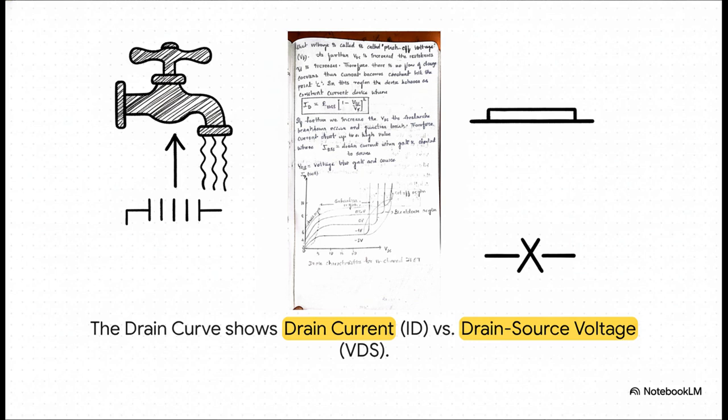On the vertical axis, you've got the drain current. That's our electron flow. On the horizontal axis is the voltage across the device. Each of these different curves represents a different setting for our gate voltage, our faucet handle. And you can clearly see a few different regions of operation. In the beginning, the ohmic region, current rises with voltage. Then it hits the saturation region, where the current just flattens out and stays constant. And finally, if the gate voltage is negative enough, we hit the cutoff region, and the current drops to basically